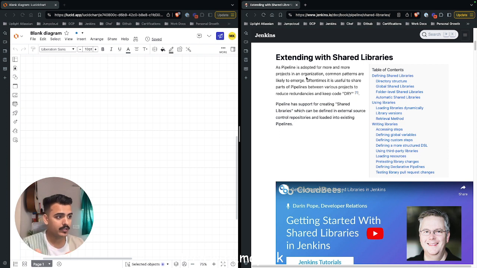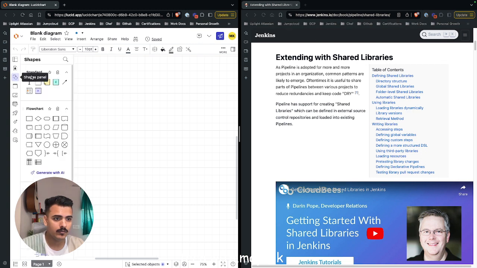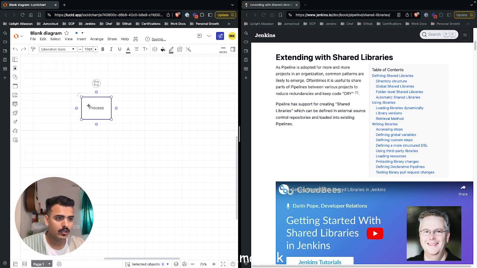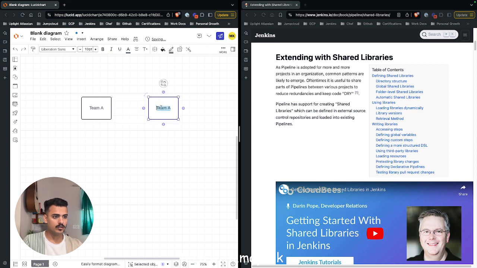here they're talking as a pipeline is adopted for more and more projects in an organization, common patterns are likely to emerge. So it could be, let's say that, let me over here, right? So let's say this is team A, and then this would be team B, right? So initially we can say that team A was working on let's say a project, and